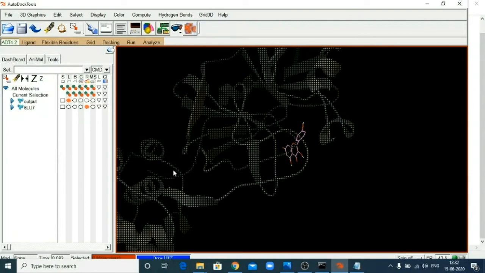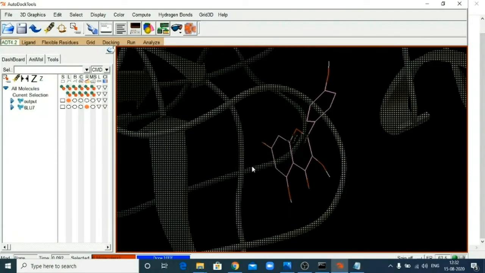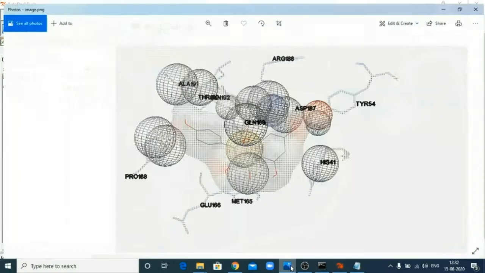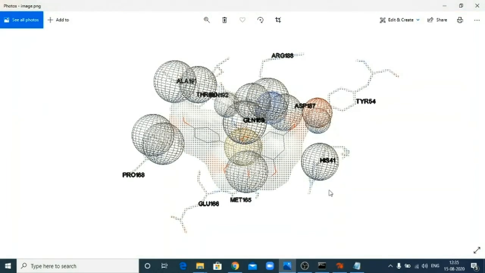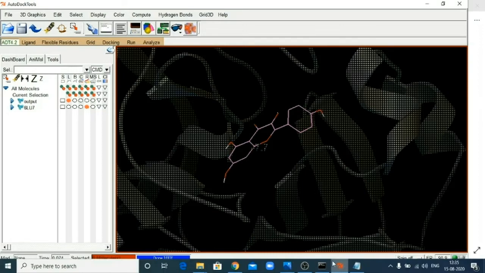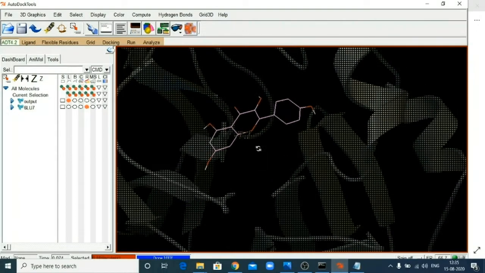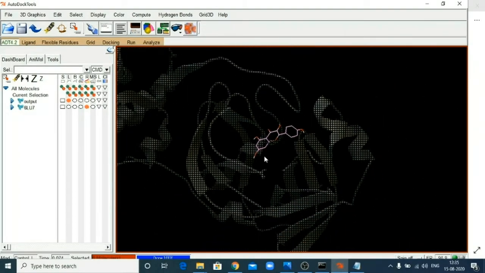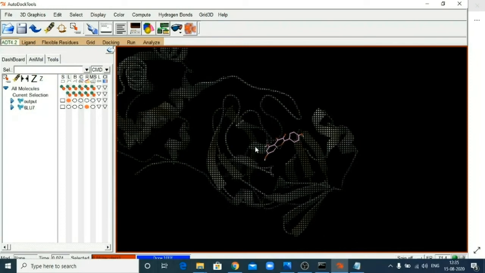You can see better in this way. This is a ribbon structure. The ribbon structure is your protein molecule and the colored one is your kaempferol. Okay, next is how we're going to obtain this figure. But before that, we can see the various other conformations also.